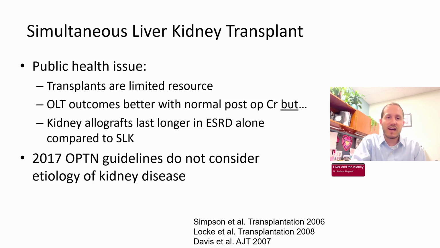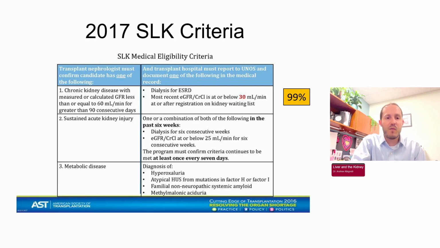In 2017, the guidelines changed, and it made it pretty objective how to assign these organs. The biggest rule is that if you have CKD as defined as having a GFR under 60 for 90 days and a GFR under 30 at the time of liver transplant listing, then you will qualify for a combined transplant. It doesn't say how you have to measure this, so you have freedom to use a cystatin C formula, a creatinine formula, a creatinine clearance formula, an iohexol clearance if you want, iothalamate clearance if you want.